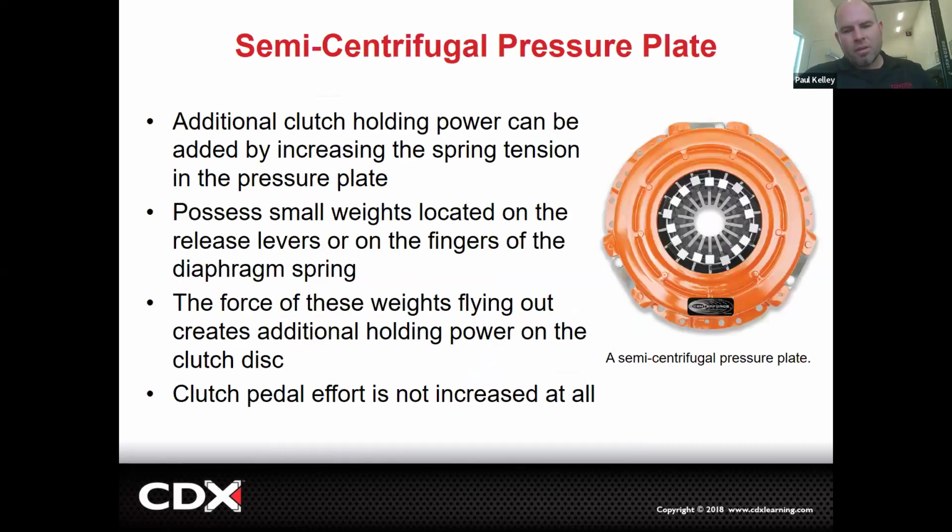And then there could be some varying types, like this one's a centrifugal or a semi-centrifugal type. As this one spins, it's going to utilize these weights, and the faster it spins, the more these weights will generate centrifugal force, which will actually assist the spring. So if this one primarily uses a diaphragm spring, as it gets spinning, these weights are going to add more force to the diaphragm spring. And that would be a great design if you needed more clamping force. Like let's say,